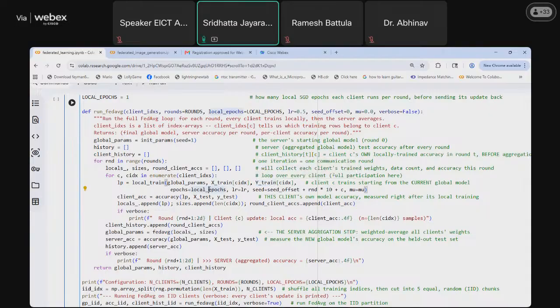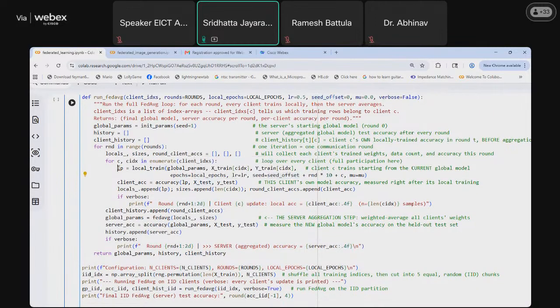The local epoch will be the number of training epochs that will happen in that client, and the learning rate will be defined by LR. And again, the seed will be defined by seed offset. And now, we will get the updated parameters of that particular client in LP.